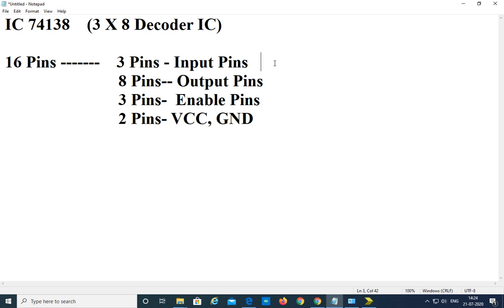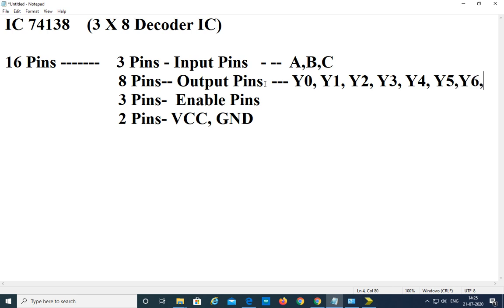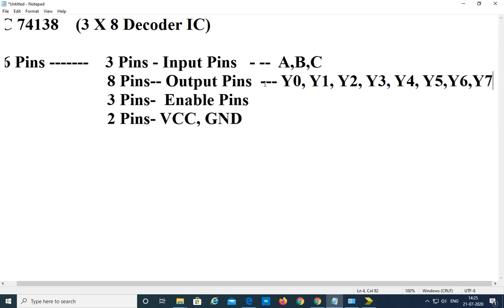Here the input pins, let us consider, are A, B, C, and the output pins let us consider Y0, Y1, Y2, Y3, Y4, Y5, Y6, Y7.